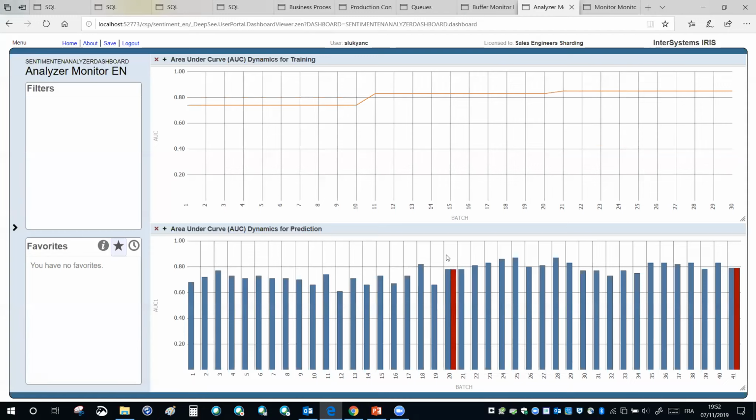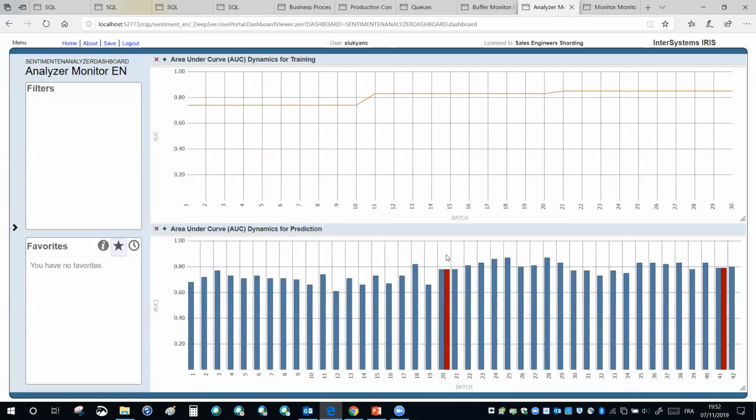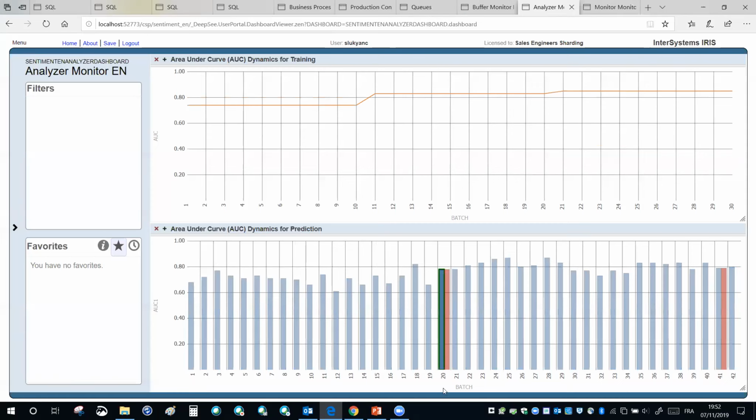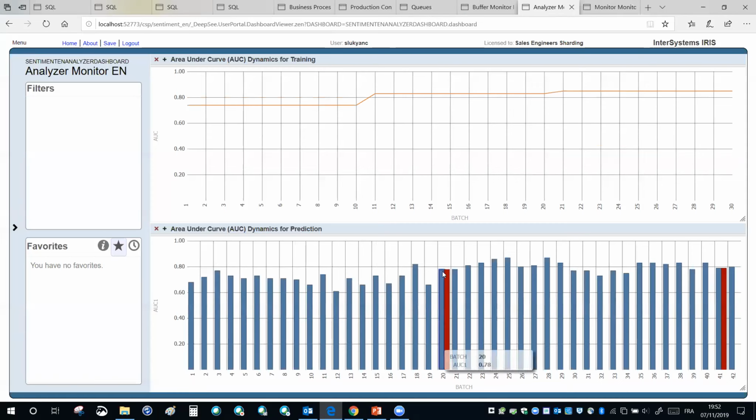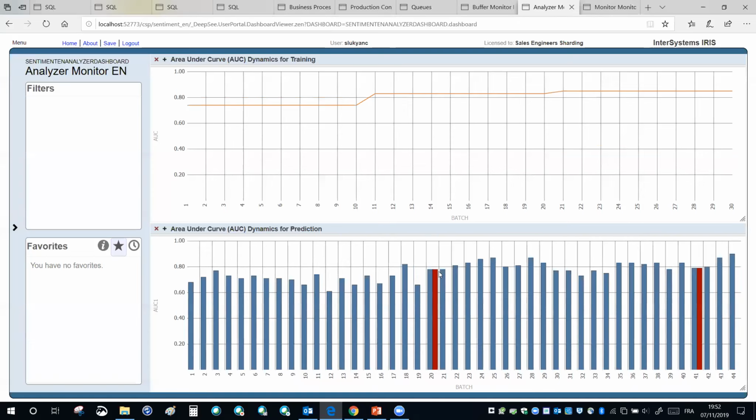We've done it in order to make this system not overreact to some temporary losses of accuracy which could happen. But after it has acquired the 20th batch from the buffer, and it has seen that the area under curve on prediction from that batch is less than 80%, it was 70-something, the retraining has been triggered. So that's everything. What you see here until batch 20 is according to the rules implemented for that system of processes.